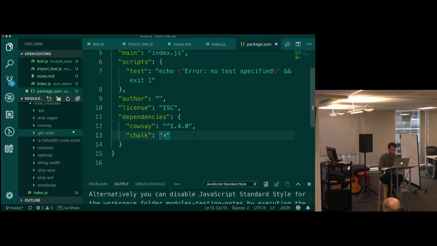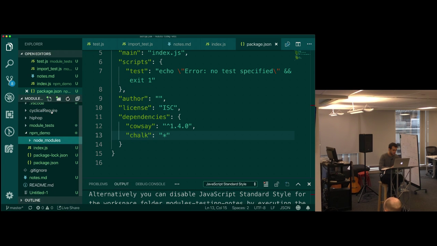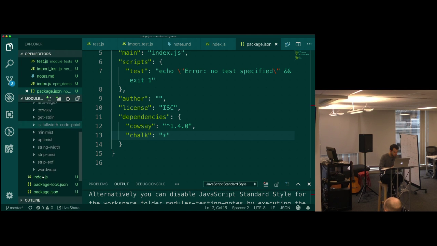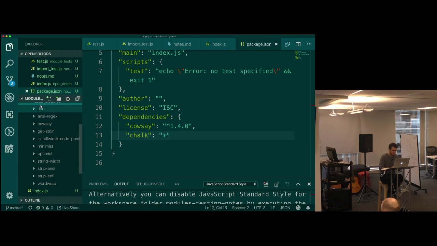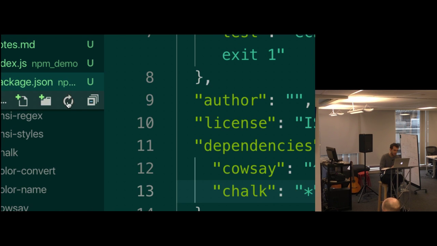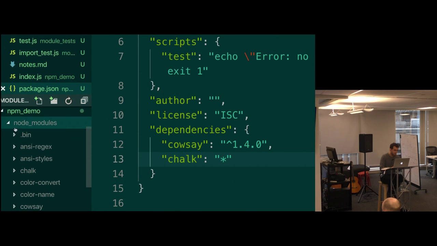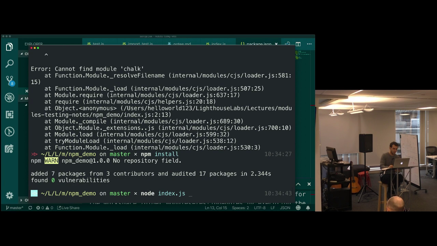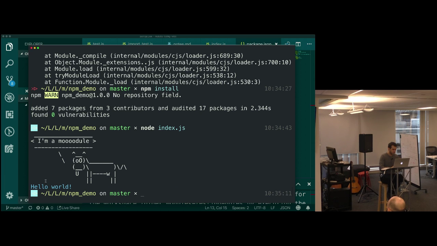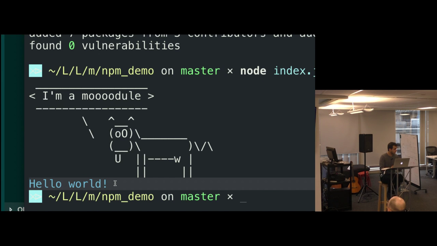Now I go look at my package.json, and that still has chalk. I look at my node_modules, and it should have chalk somewhere in here. They're not showing it. Maybe I need to refresh. There we go. I just had to refresh my folder view, but my node_modules have chalk in here, right? And I just want to show you, as soon as I run node index.js, I also now get my blue output.